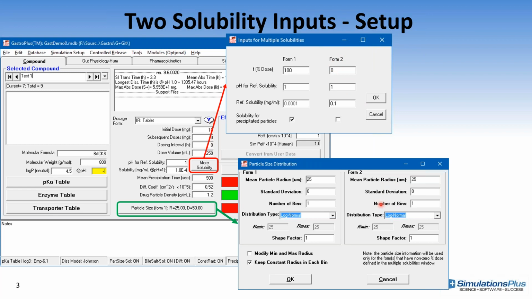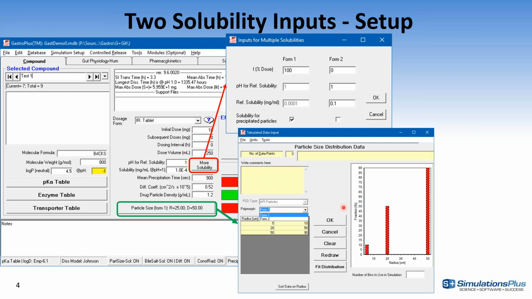But you have an option to distinguish not only solubilities, but also particle size distributions. You can define these distributions either as a simple function, normal or log-normal distribution, or if you have user-defined inputs, you can have a user-defined particle size distribution for each of the forms.